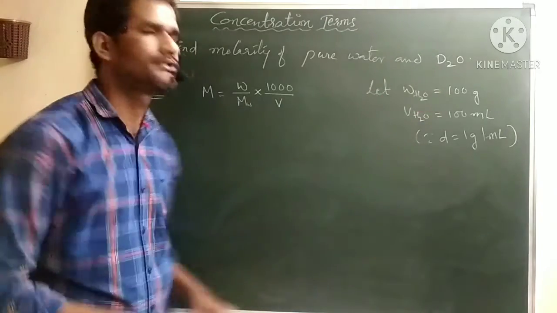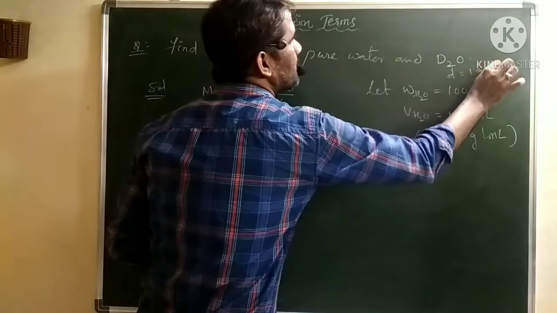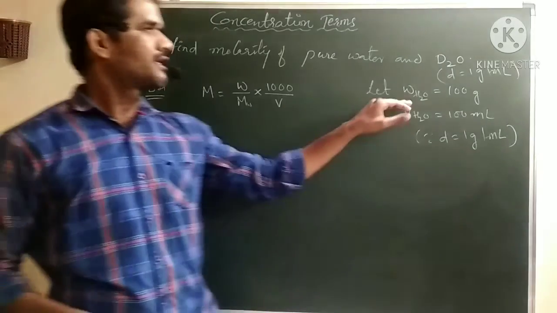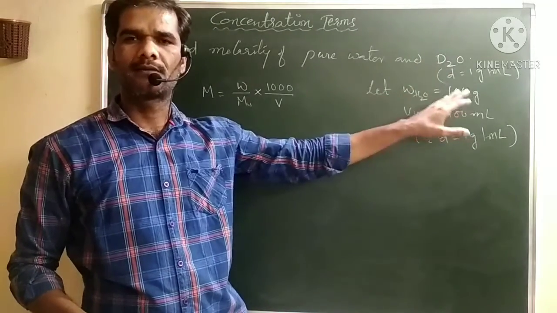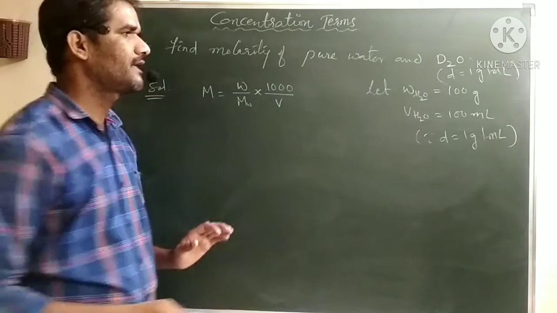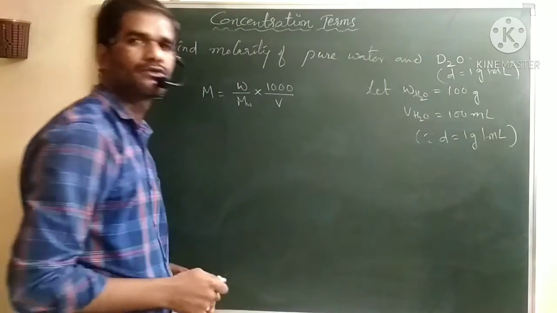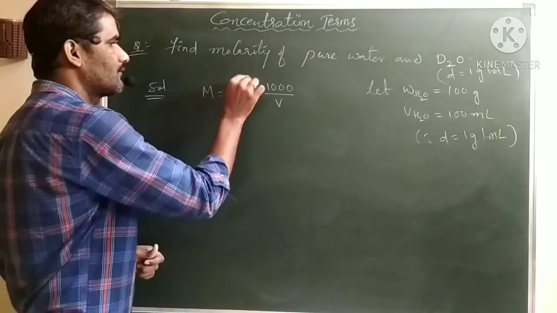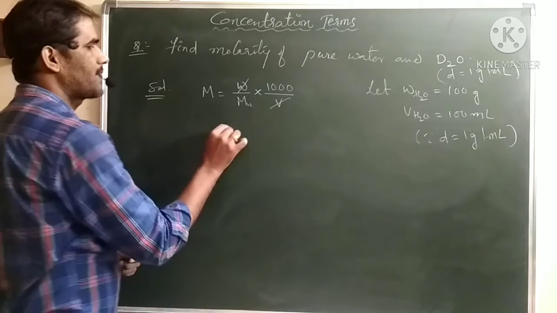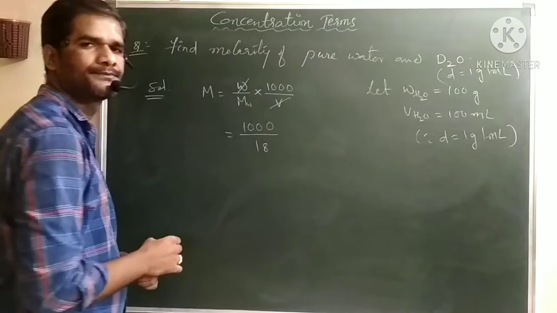Similarly for D2O also, let us assume the density of water and D2O is 1 gram per ml in this case. So you can assume whatever, 1 gram or 10 grams or 100,000, choice is ours. Whatever the way, weight is equal to volume for water, always. So here weight of water and volume of water will get cancelled. Then what remains? 1000 by molecular weight of water, which is 18. So that will give